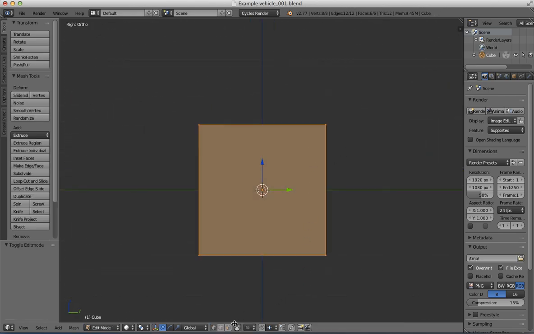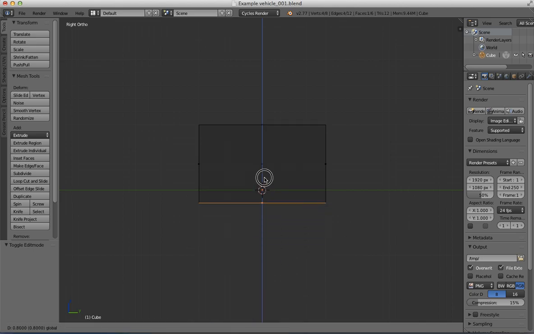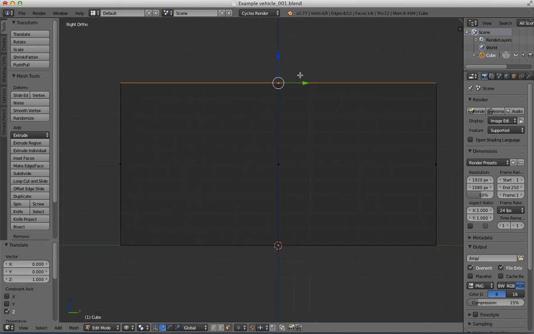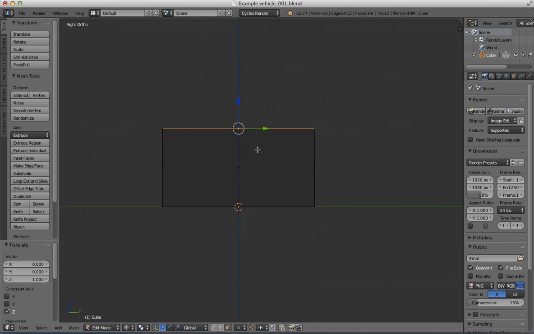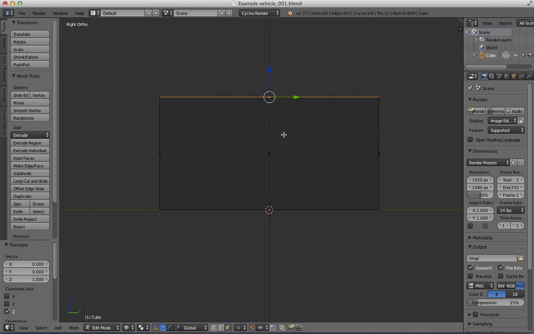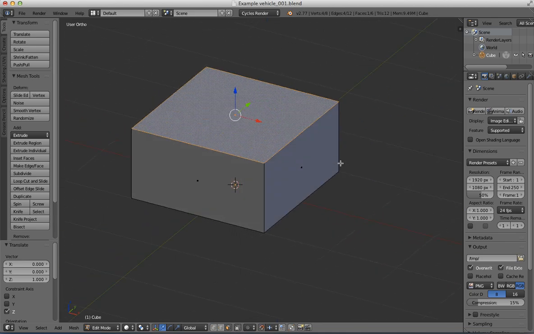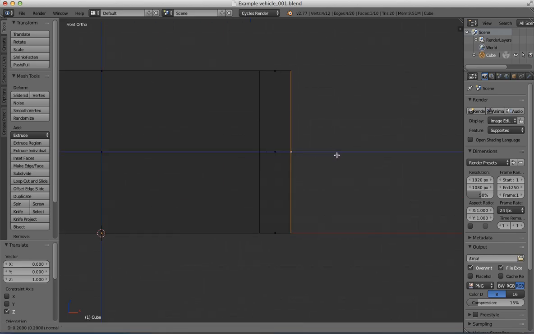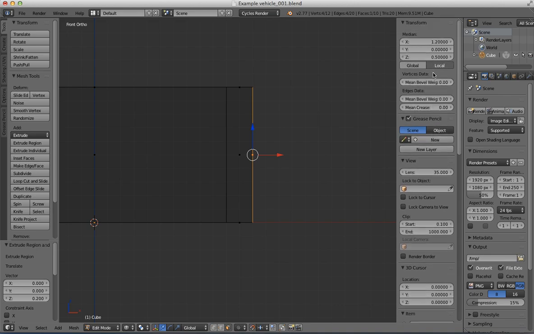So I like using this little magnet tool because it snaps. So you want to keep your heights kind of similar. So what's a good example here? Okay, sidewalls and any indentations are generally 25 centimeters. So we're going to extrude this face out twice and then make it